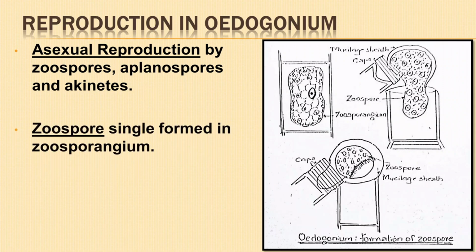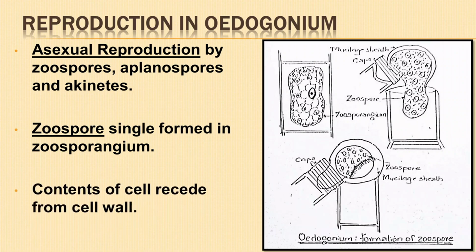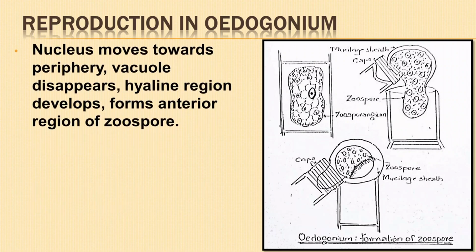In Oedogonium, zoospores are formed singly within the intercalary cap cell called zoosporangium. It contains abundant reserve food material. The contents of the cell recede from the cell wall and become a rounded mass. The nucleus moves towards the periphery and the vacuole disappears. A hyaline region develops, which later forms the anterior region of the